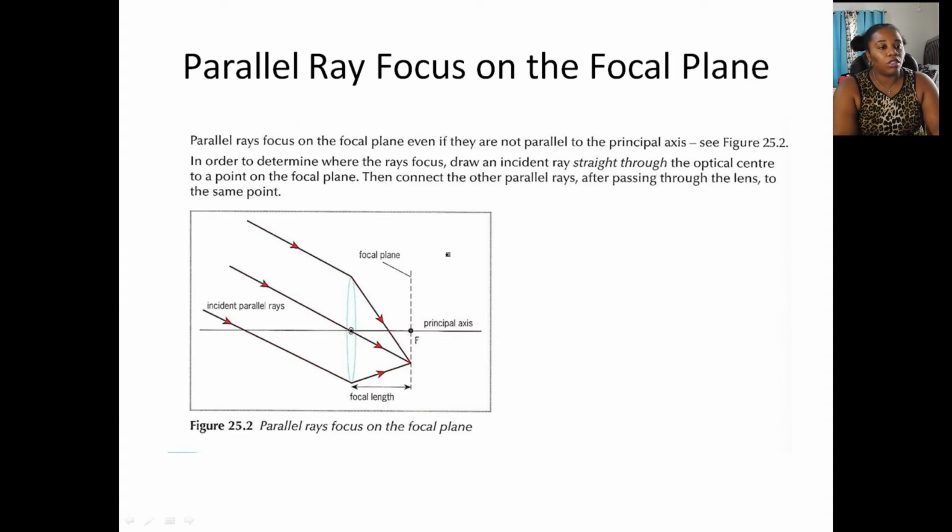Parallel rays focus on the focal plane even if they are not parallel to the principal axis. In order to determine where the rays focus, draw an incident ray straight through the optical center to a point on the focal plane. Then connect the other parallel rays after passing through the lens to the same point. So if it's not the traditional straight across, and then you have the lens, and you draw this straight, and then you draw these from the center to combine